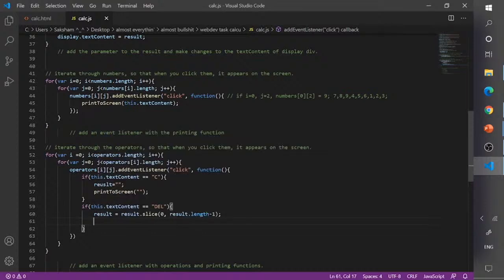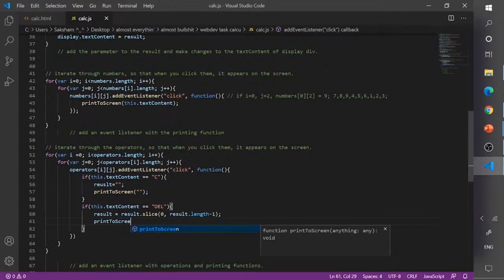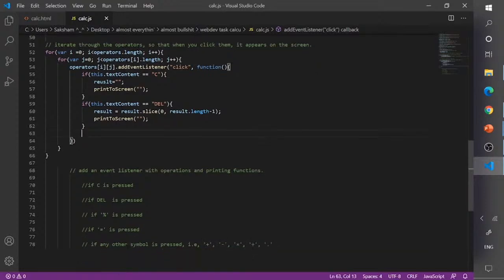Okay, and now we print to screen. We have to add an empty string with that. Okay, then after the delete is pressed, there is this different aspect for percent and equal and the rest: plus, minus, multiply, divide, and full stop. Not the full stop, of course. Well, the decimal symbol is the same because we're going to evaluate it. Okay, yeah, so